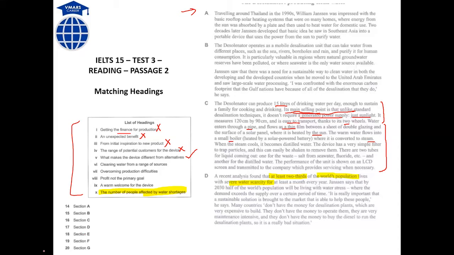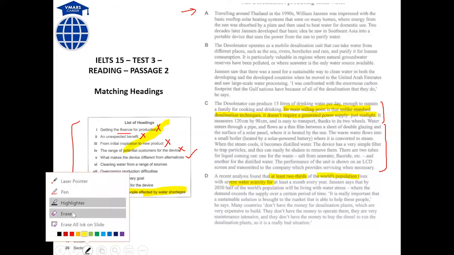Okay, so let me just again first erase so that you can understand it better. And I'm going to highlight only that part, which is actually the line that helps you to get to the right heading. So what we have done so far for paragraph C and D, we have used the elimination method. The second method that I have taught you is first few lines on the top and first few lines below. So let's look at that now.